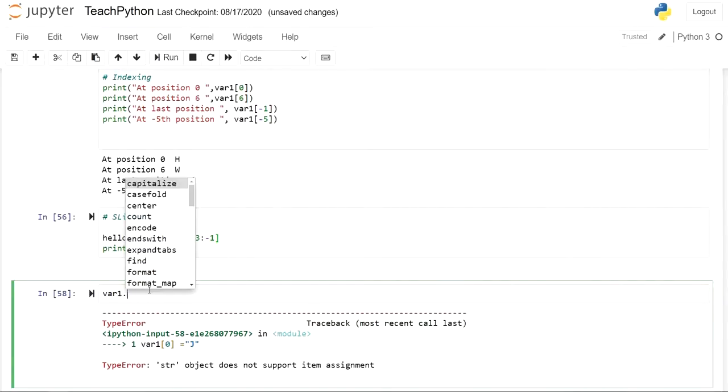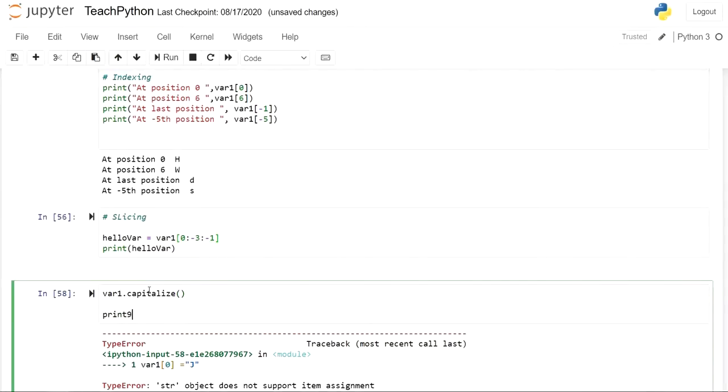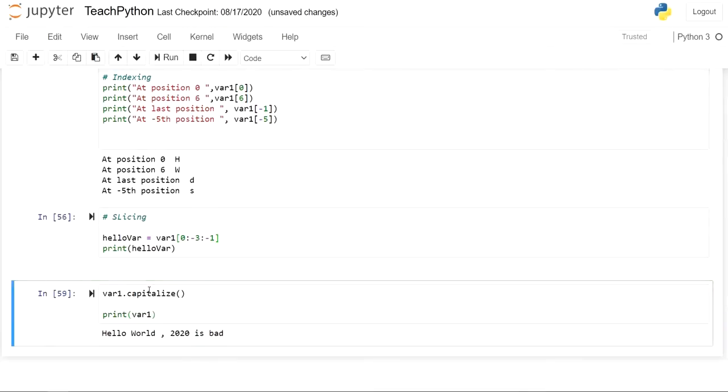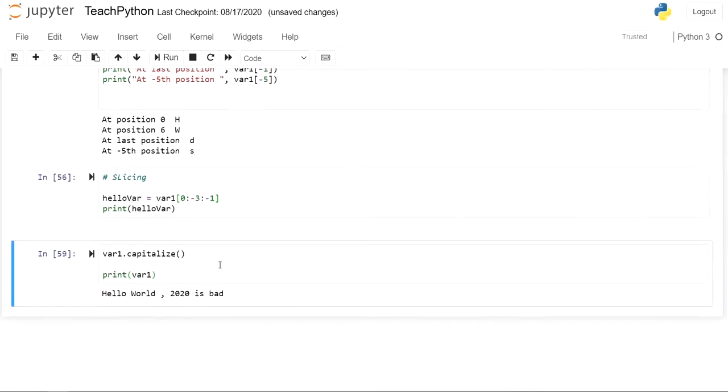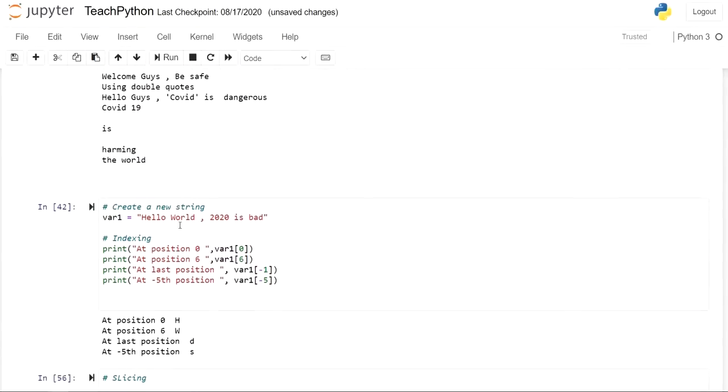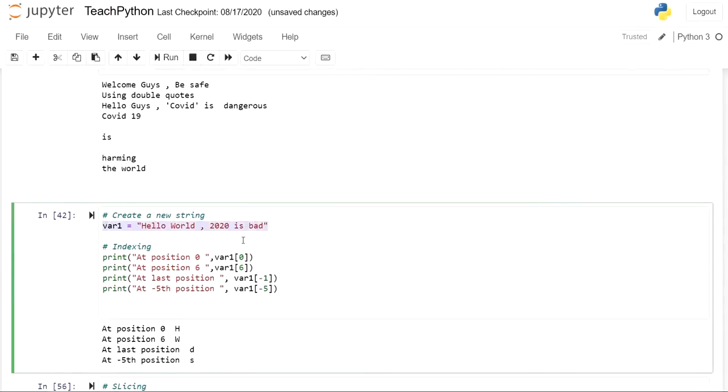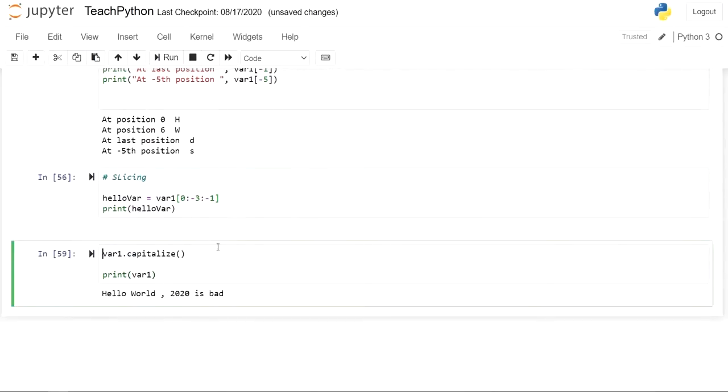First is capitalize. Let's see what capitalize does. It is capitalizing the first character. But I think you guys have not understood why this happened, so we will change it a bit.